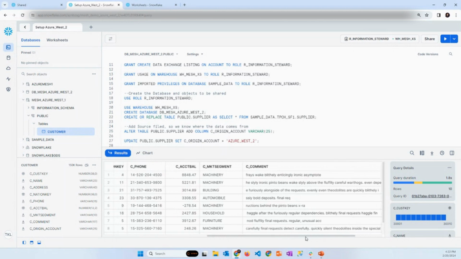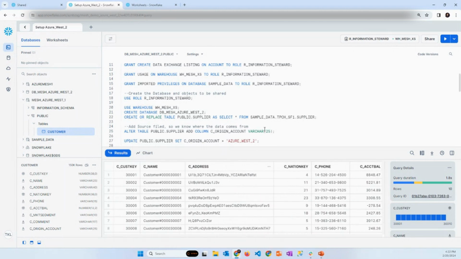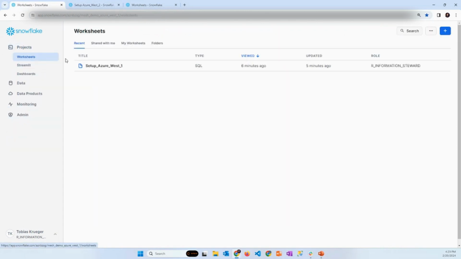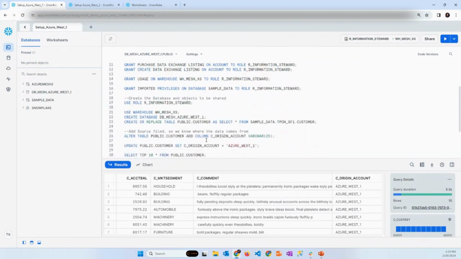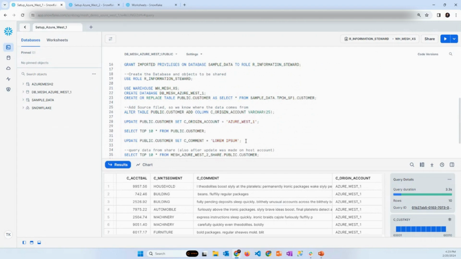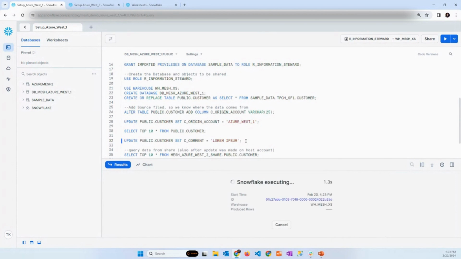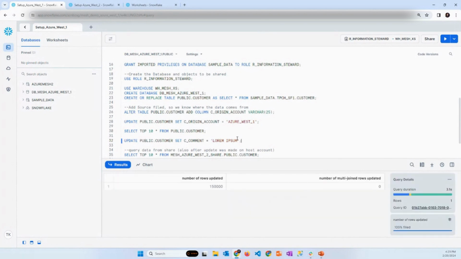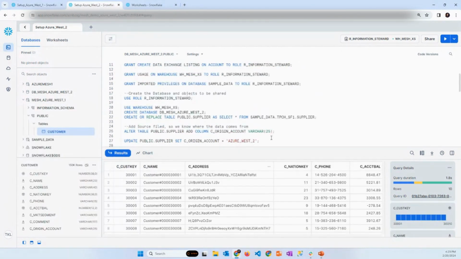And the cool thing about that is what Snowflake does in the background. It's not moving any data, but it's actively putting a pointer onto the origin account's storage layer. So this is read only, of course. So I, as a consumer of the data share, cannot change anything. But if there's some process happening to the data that is currently in our share, let's say we want to update the comment section to a lorem ipsum, then this will be reflected instantly also on the account where we consume the share.